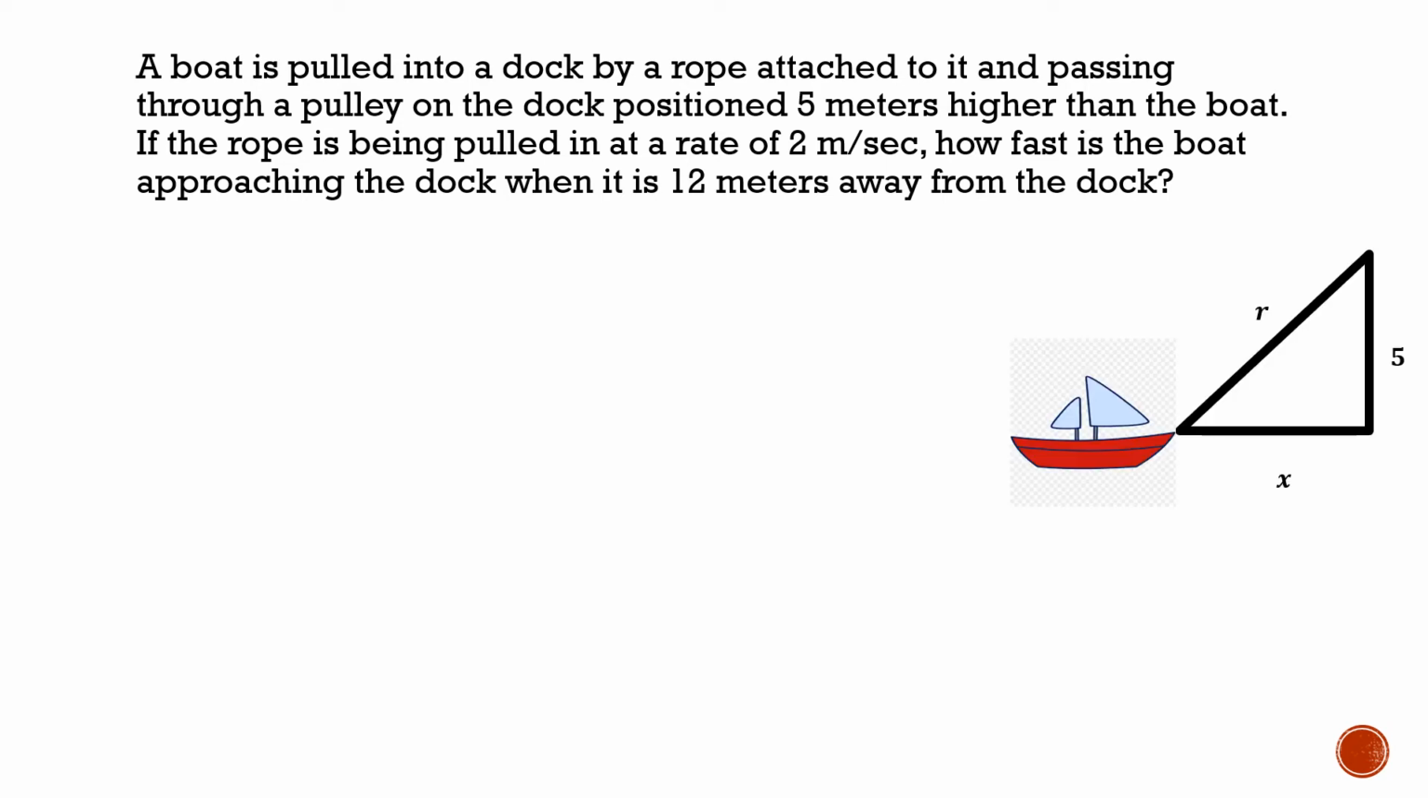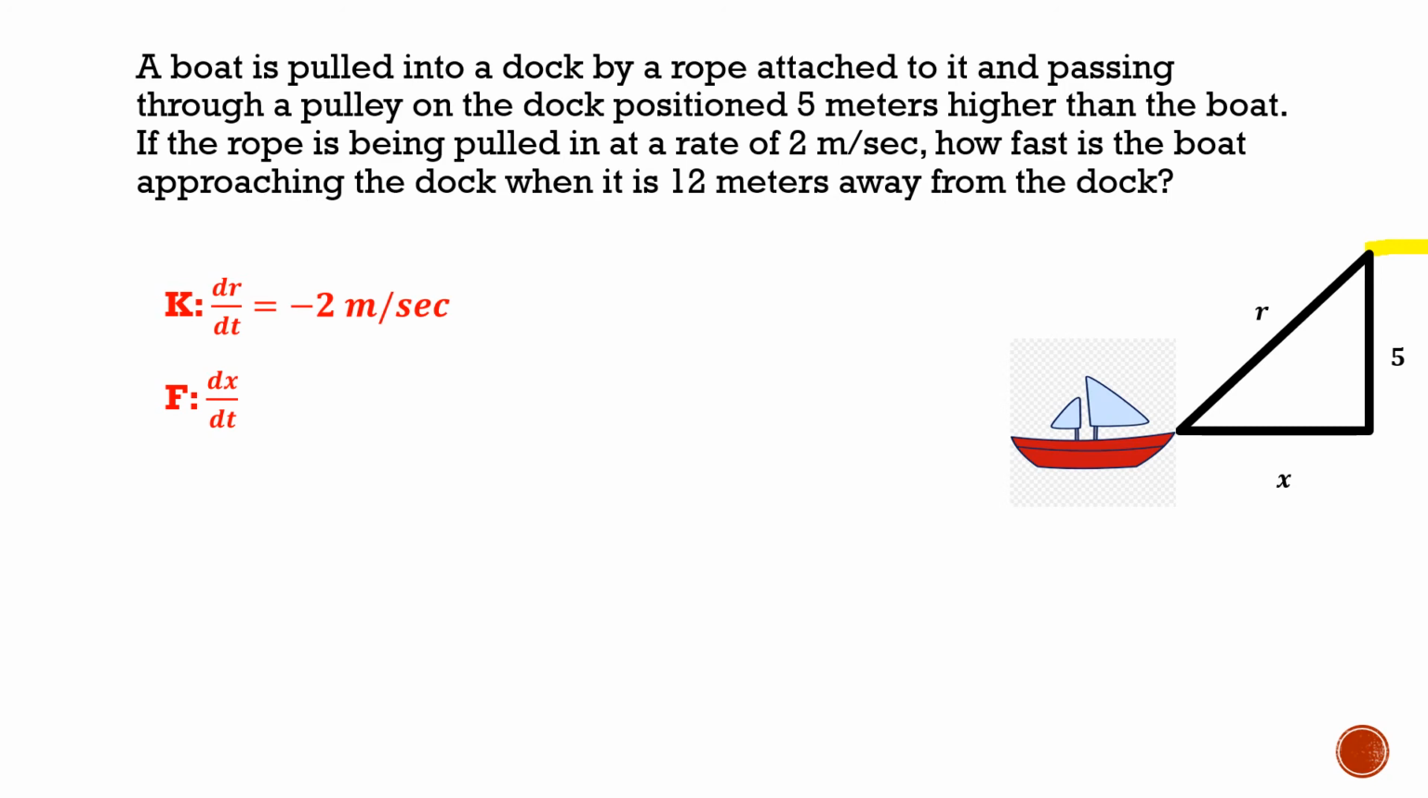So I'm going to set up a little picture. And again, when I set this picture up, I need to understand that this piece up here is like my dock. So the dock is 5 meters higher than the boat. And this r value is the rope that's pulling it in. So now setting up my knowns and find, I know that the rope is being pulled in at -2 meters per second. I want to find dx/dt, or my horizontal distance of how fast the boat